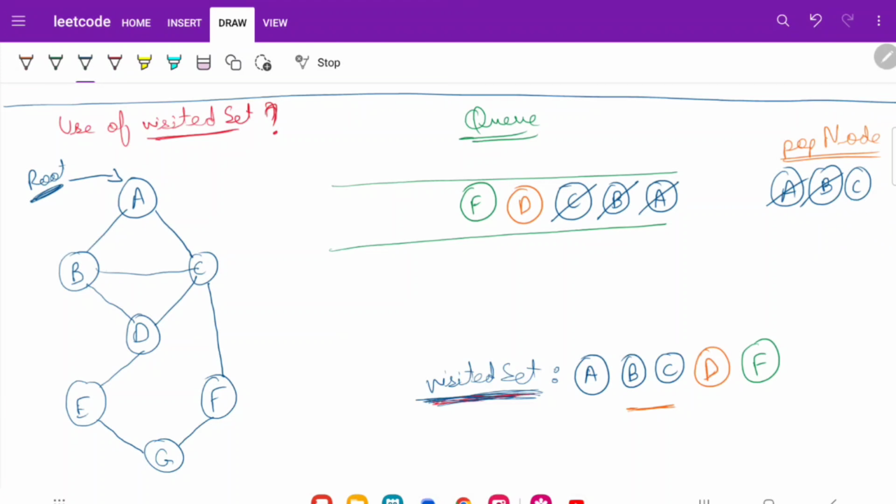Now we next pop whatever is at the top of the queue, which is node D. Node D is assigned to the pop node. Check its children. Its children are B, C and E. How many of them have already been visited? B has been visited, C has been visited, E has not been visited. So we add E to the visited set as well as to the queue, right? So now that we have done this,